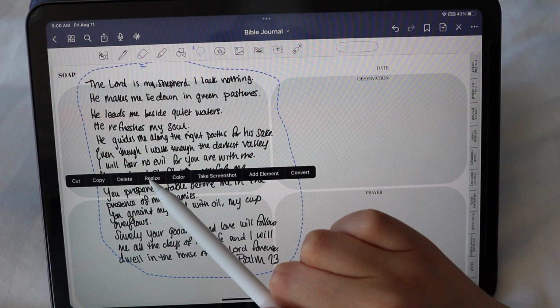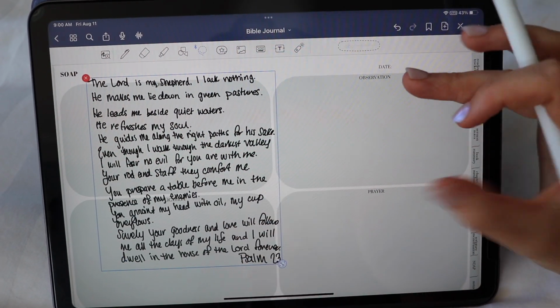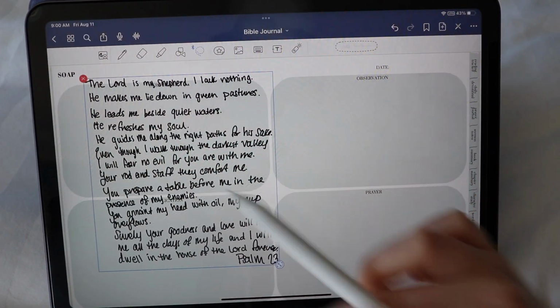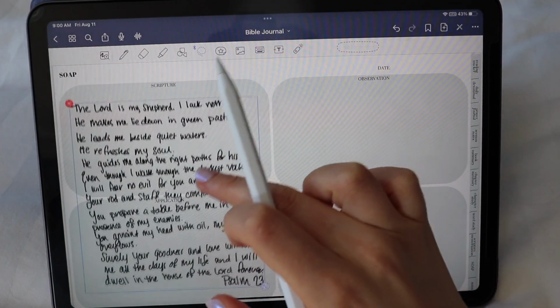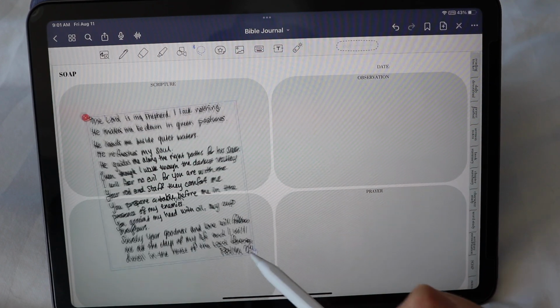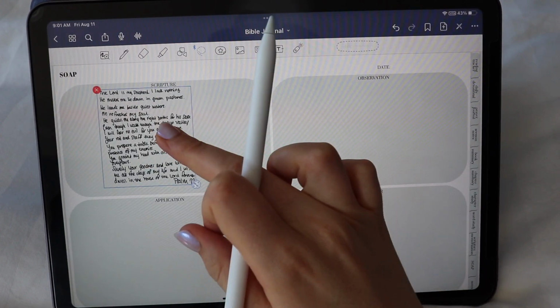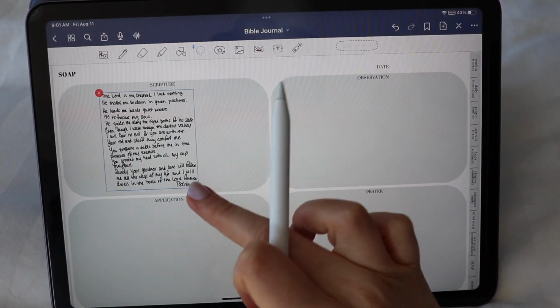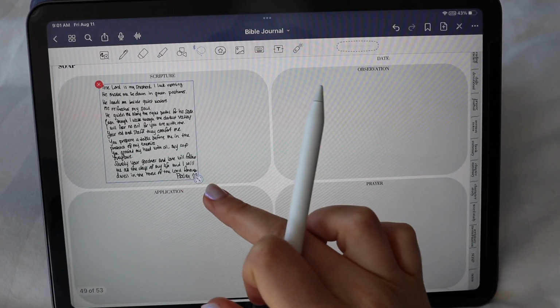So if I do that, this is very helpful for when you ran out of space, you've written something. So essentially what I've done here, this is my scripture for the SOAP, but I went way past it. So you can just resize it and then the whole thing fits right there. So that works really well. I use that a lot, especially